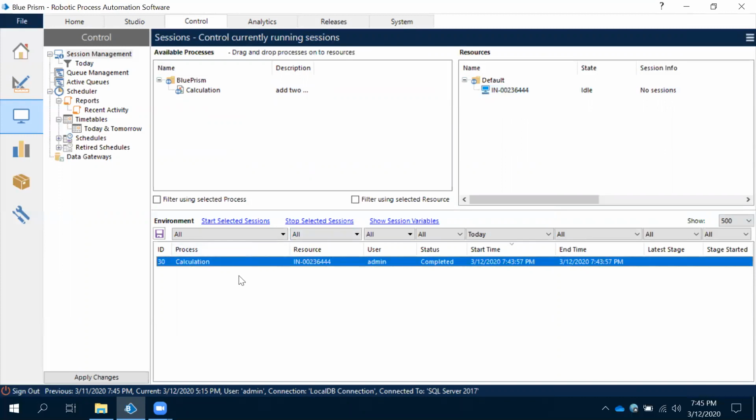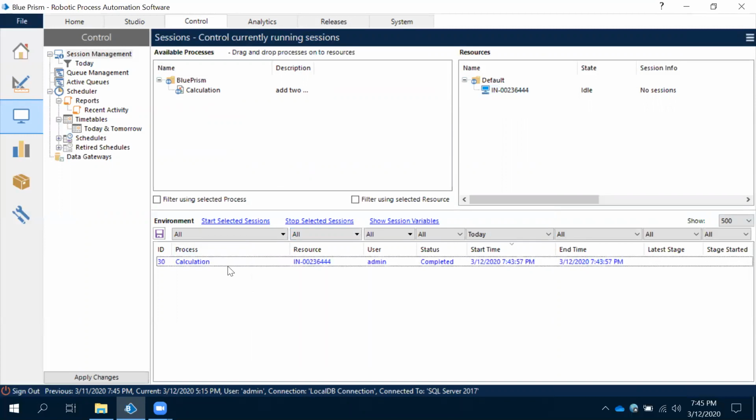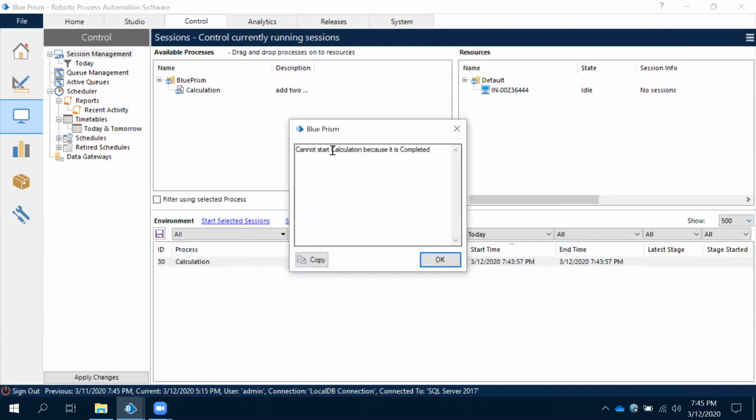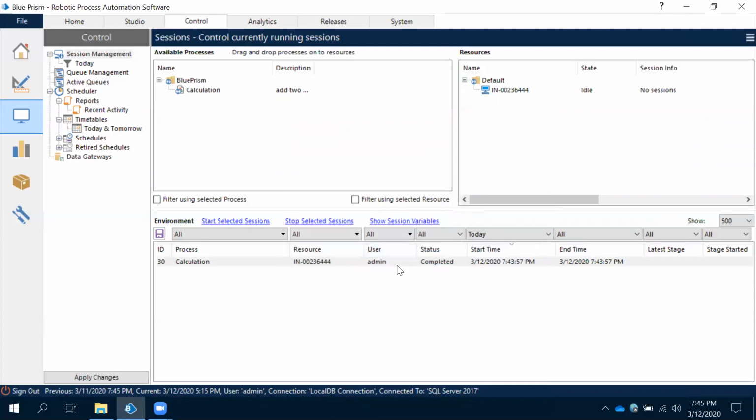Now, one more thing. Once it is completed, can you run this process one more time? Let's observe this. See this, we don't have any other option to run. Just click on this. Here, we have an option to start. See this? What is the error? Cannot start calculation because it has been completed. It's completed, so we cannot run it.